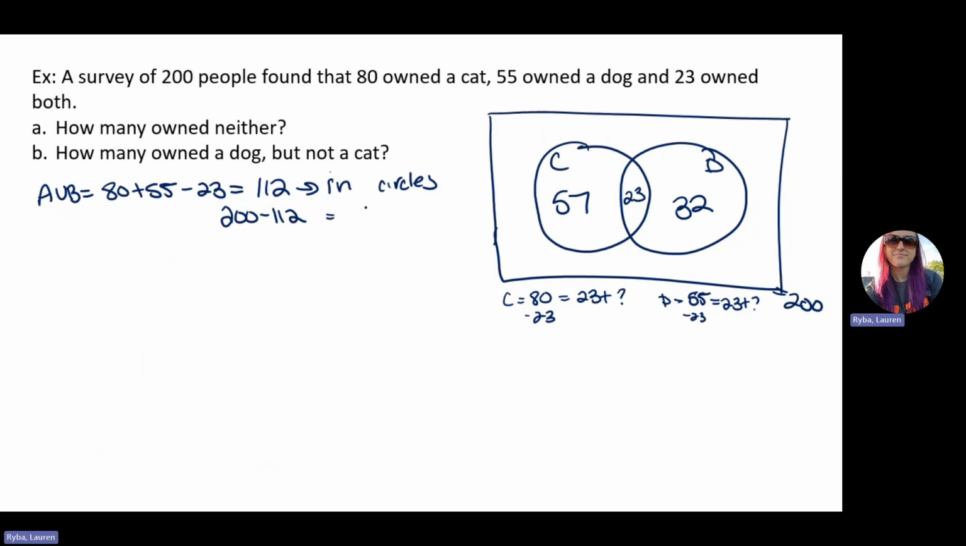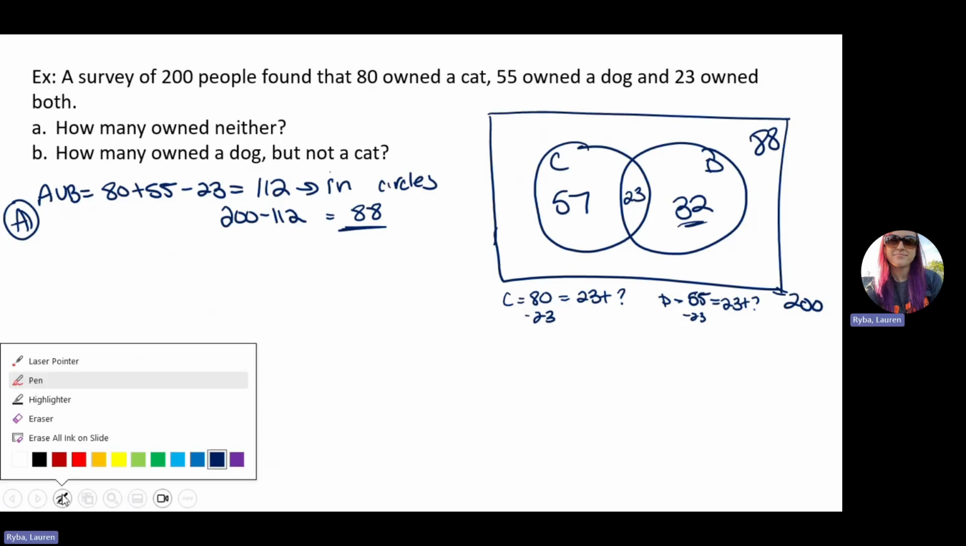And that leaves me with 88. So A is 88. In the end, I still needed to find this value here. How many owned a dog, but not a cat? So when you think about it logically here,